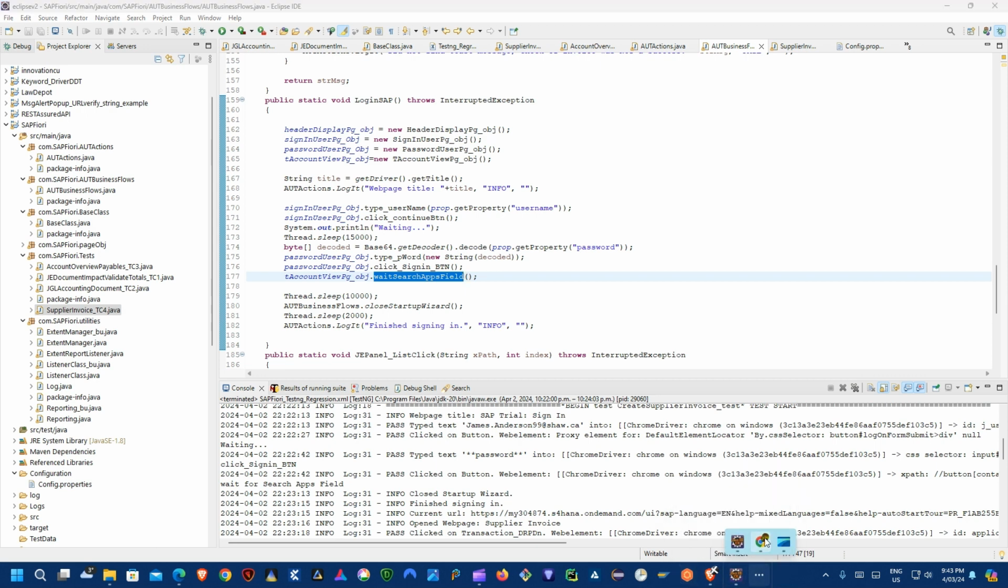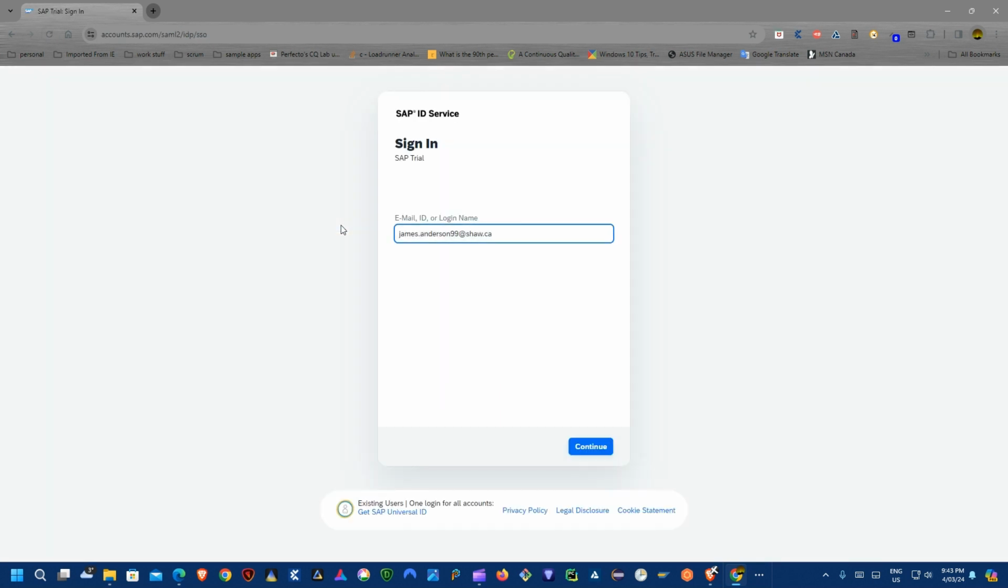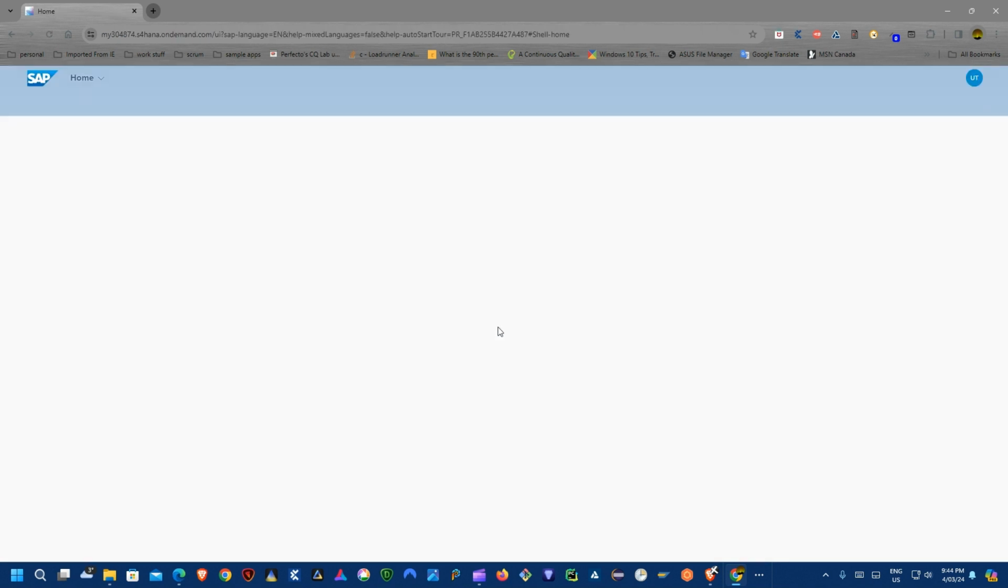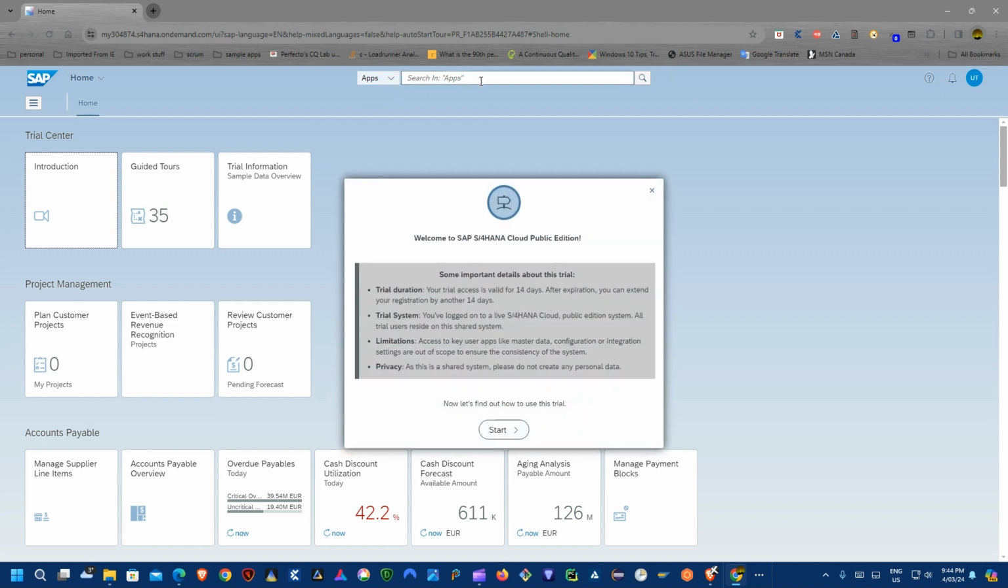Oops, let me load it up here. Let's see if I can have it activate again. Okay, I'll just do a quick sign in. Okay. You see up here, this search in apps field was loading as well too, and then this welcome screen,